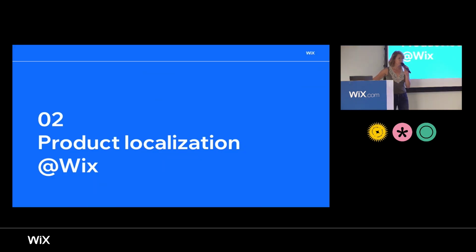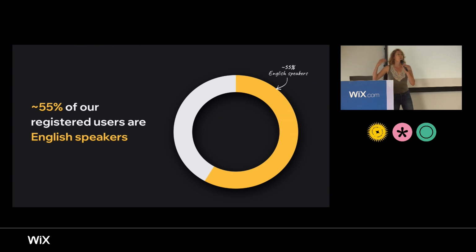So now I'm going to talk really quickly about Wix and product localization at Wix. I'm saying product localization because there are all different kinds of localization we're doing. A lot of the examples that I showed you before are actually more marketing localization. And we're focusing on product because this is the product lifecycle series, and we are UX writers. So why are we talking about product localization first? Why do we care?